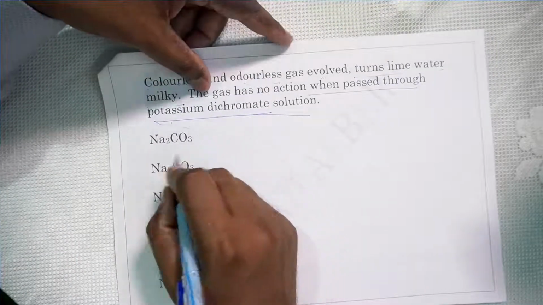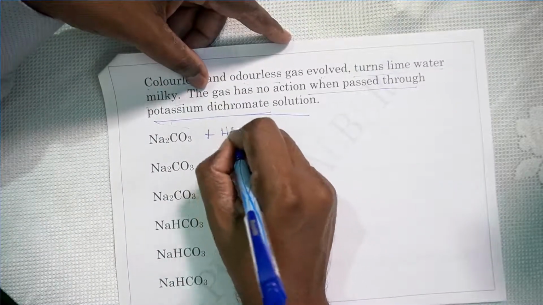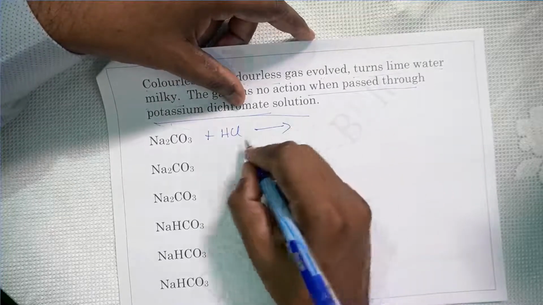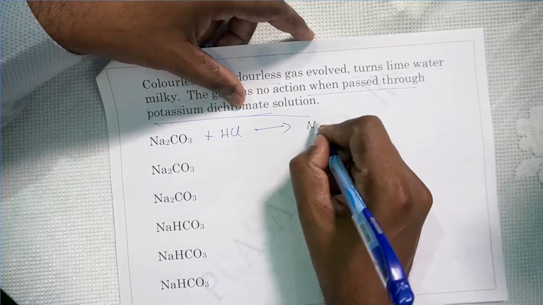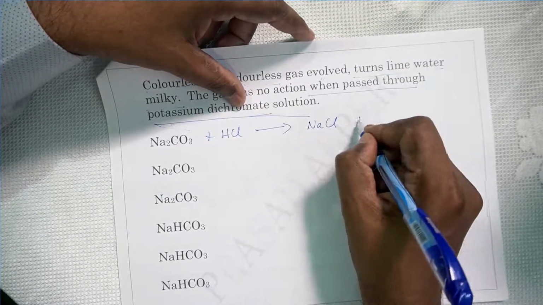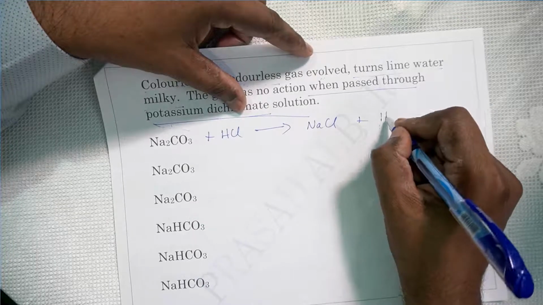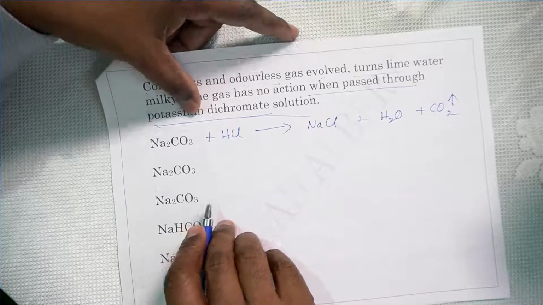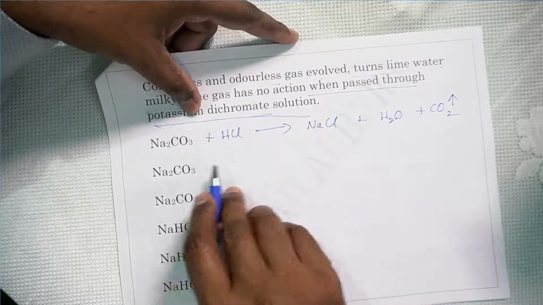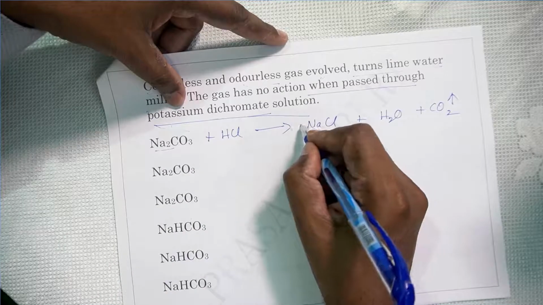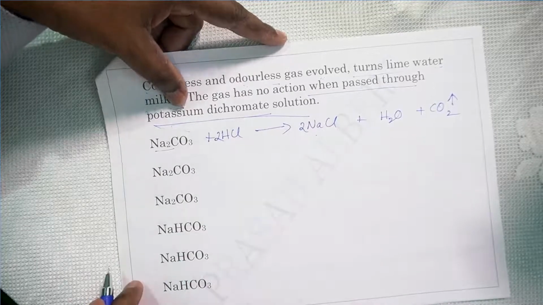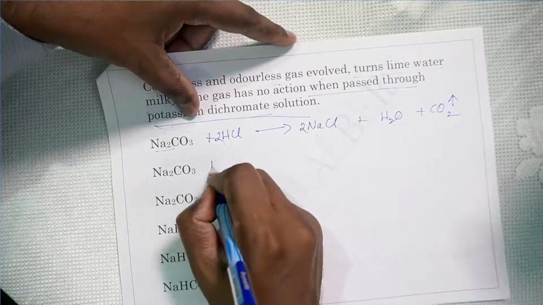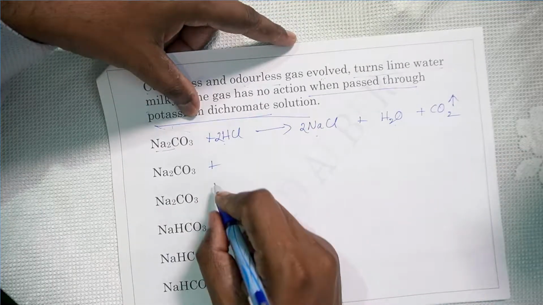Now sodium carbonate, the first one we will take. We will take HCl, hydrochloric acid. What will be formed? We have seen it will form salt plus water plus carbon dioxide. So the salt is sodium chloride, the sodium salt of hydrochloric acid, plus water, plus CO2, carbon dioxide, which is a gas which escapes. Now we know there are two sodiums here, so there will be two NaCl. That means there will be two hydrochloric acid, two molecules, two hydrogens. It is balanced, right? Balance it in this way. Never sit and count and waste your time.